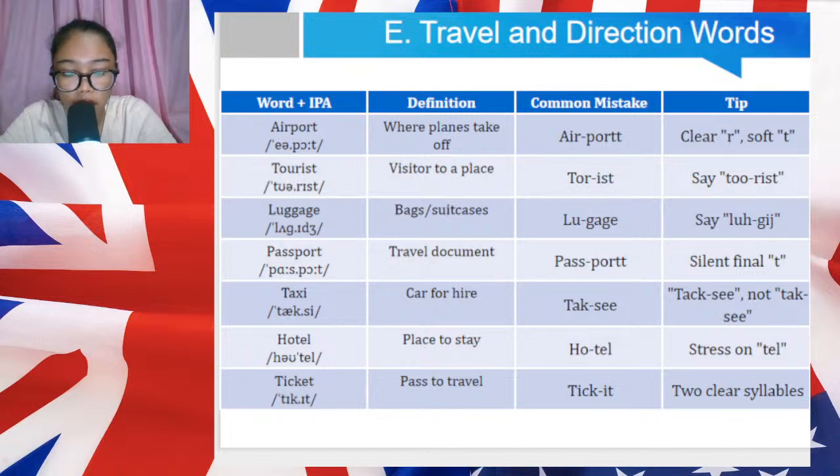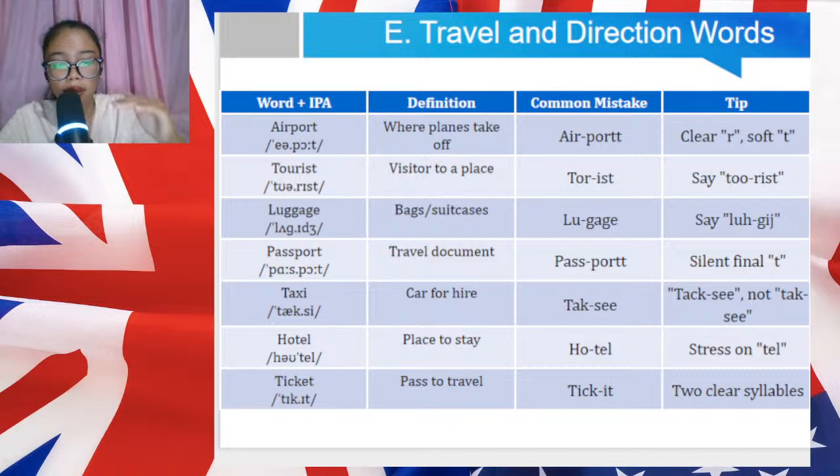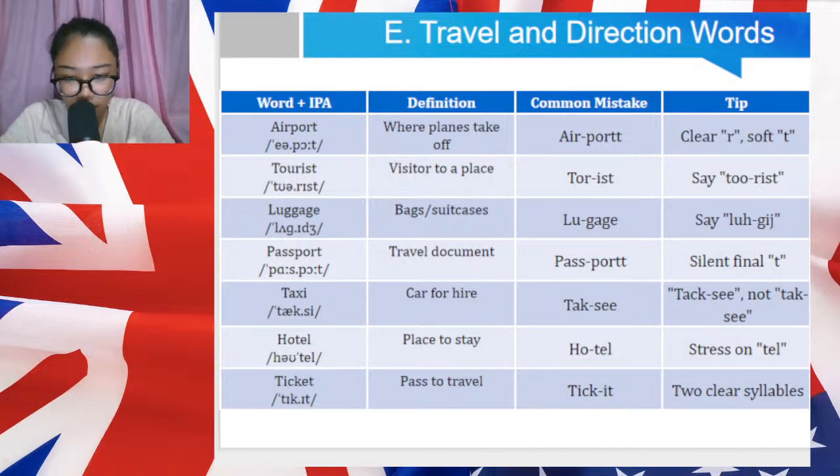Now, yes, learners might incorrectly stress the first syllable too, like HOtel, not hotel. It should be hotel, not HOtel. So hotel, hotels. The stress should be on the second syllable, not on the first syllable. And there's also a common pattern in English nouns. We follow the common pattern in English nouns rather than